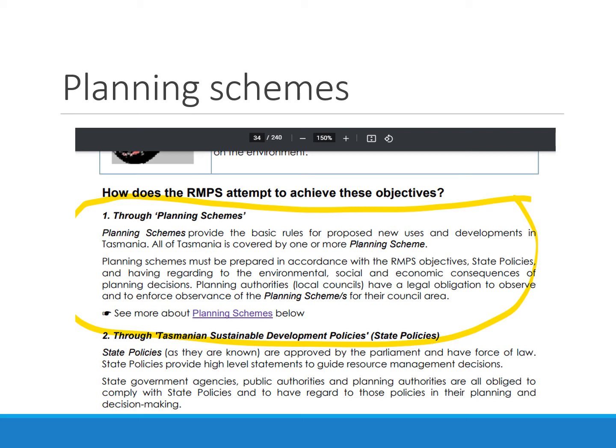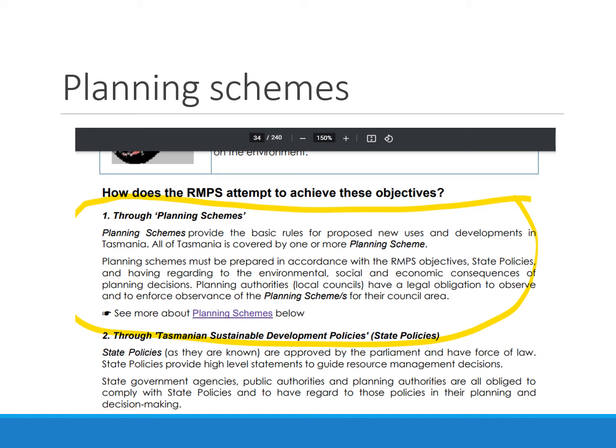This is a screenshot from the Environmental Defenders Office Handbook about how the resource management and planning system in Tasmania achieves its lofty objectives about protecting the environment, intergenerational equity, sustainability, having economic development without overly impacting the environment, all those really important things that we have agreed as a society and put into law that planning schemes should try to do, then filter down to these basic rules.